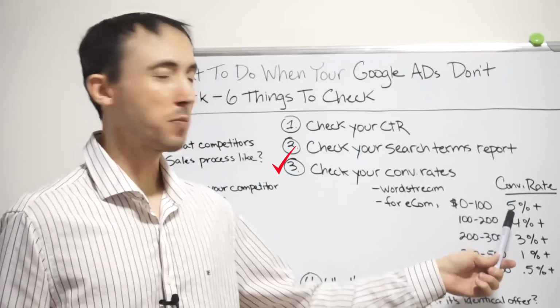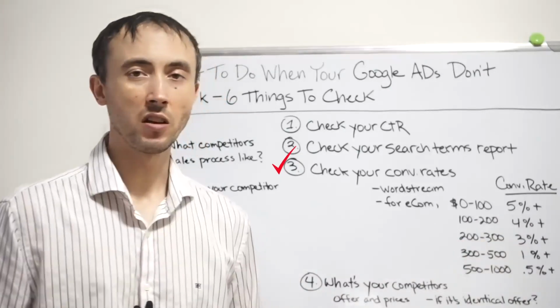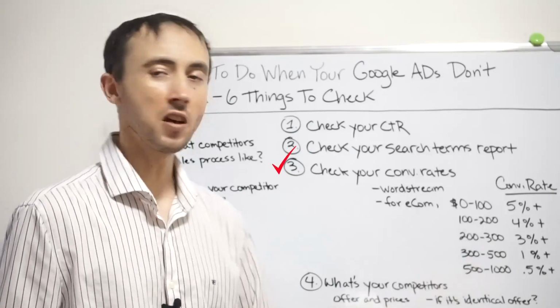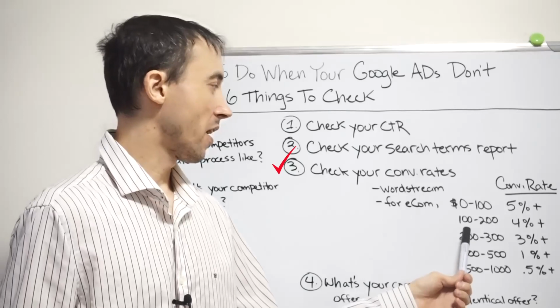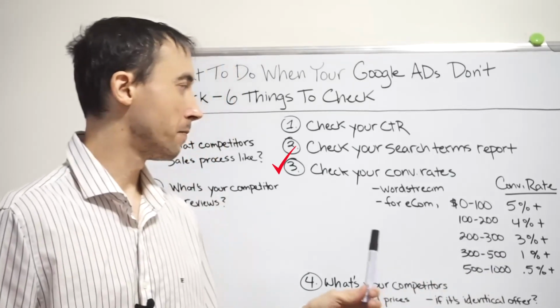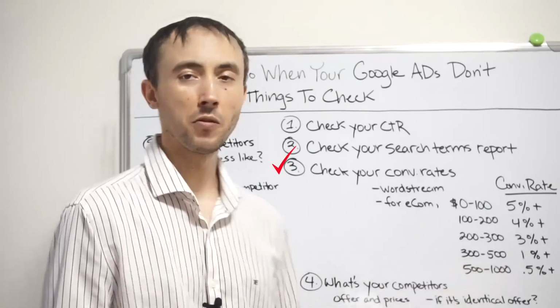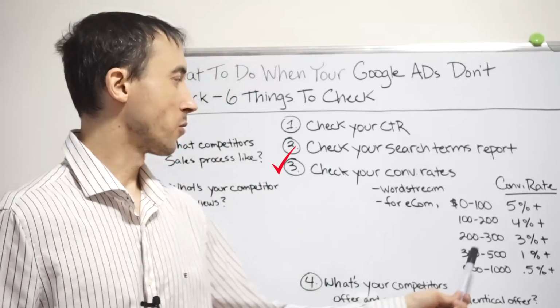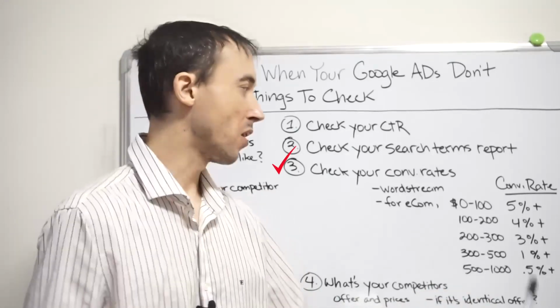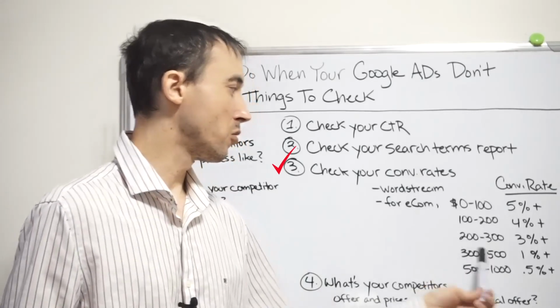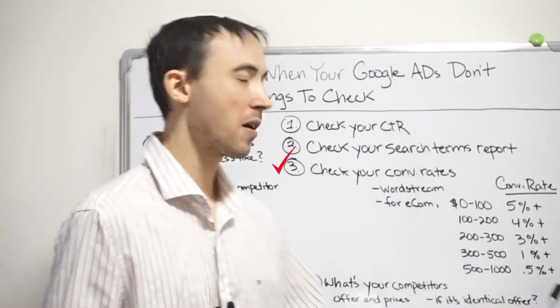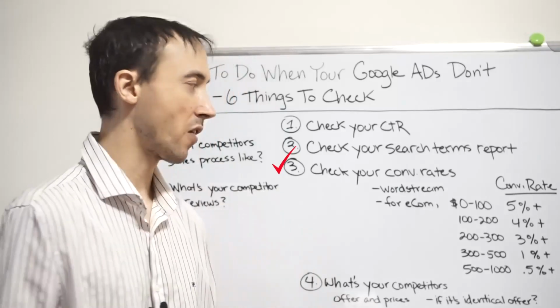At a $0 to $100 price point on your products, you should be getting a 5% conversion rate. At a $100 to $200 price point, you should be at a 4% conversion rate. At a $200 to $300 price point, you should be at a 3% conversion rate. At a $300 to $500 price point, you should be at a 1% conversion rate. At a $500 to $1,000 price point, you should be at a 0.5% conversion rate, and then it just keeps